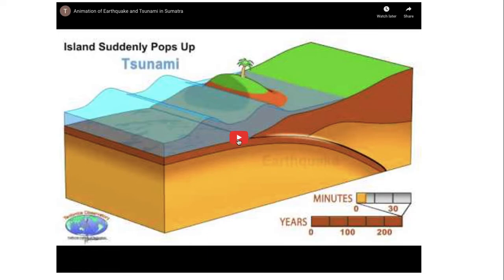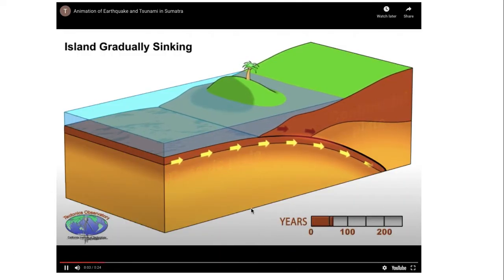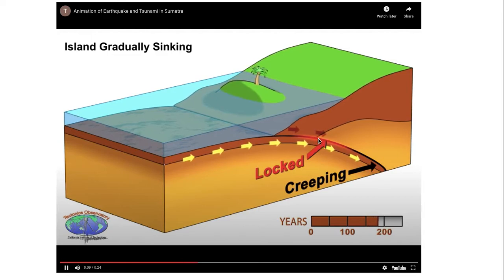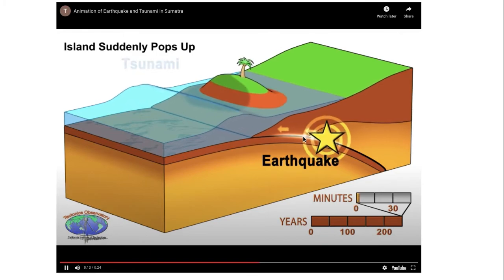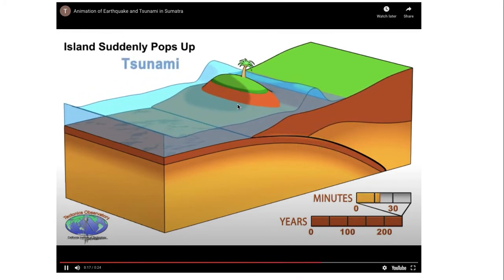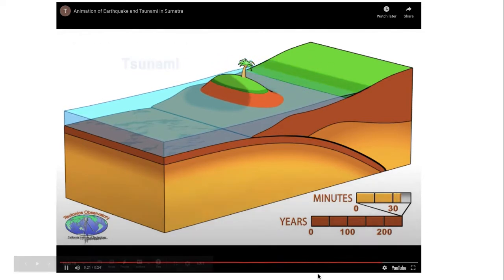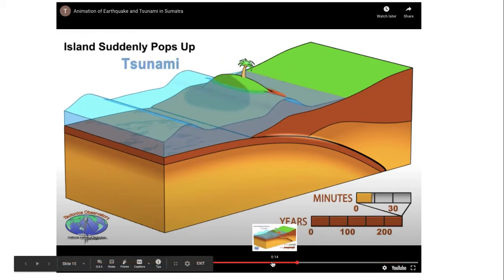So here's a little demonstration of how this works. This is a model of what happened in the 2004 tsunami in the Indian Ocean. We see the friction there from the plates, those converging plates. It breaks. There's the earthquake. You see how this land sort of jumped up and pushed all this water out of the way? That water had to go somewhere in the form of that tsunami. So we can actually watch that again.